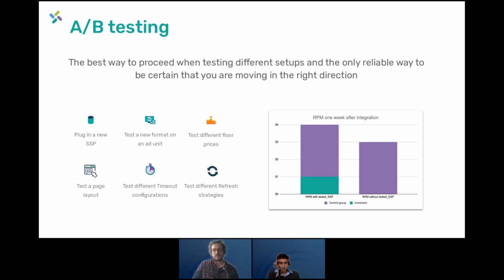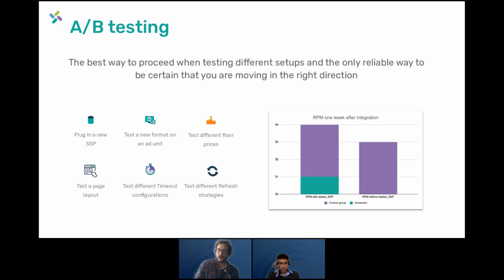You can do A/B tests to test a new page layout, to test different timeout configurations within Prebid, or to test different refresh strategies. Do you want to refresh in view, out of view, with a different timer every 10 seconds, 20 seconds, etc.? Okay? And in the end, the results you are going to get with an A/B test is